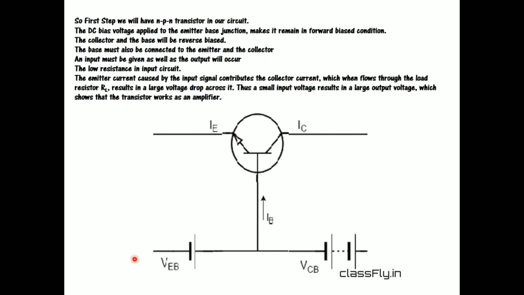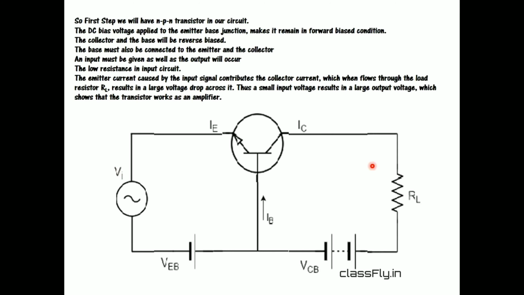Now we need to give an input on this side, and this input will be weak. So let's bring our input. This is our input, which is stated as VI. Now similarly, we will get an output on this side. So this part will give us the output. So see now, this is the input. If we give an input of 0.1 volt, it will give a current of 0.1 milliampere. And on this side, the collector will also change the current and use it. So the voltage we will get at the output is more than our input.